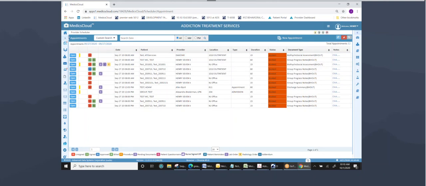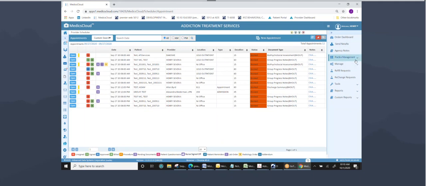So when you log into the system, I did it from a client's chart. You do not need to be in a client's chart to navigate the right-hand side. This right-hand navigation bar will change depending on where you are in the system. We have so for example,